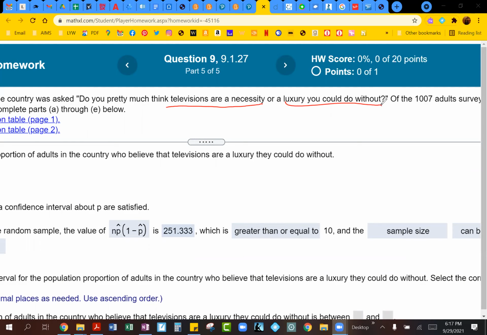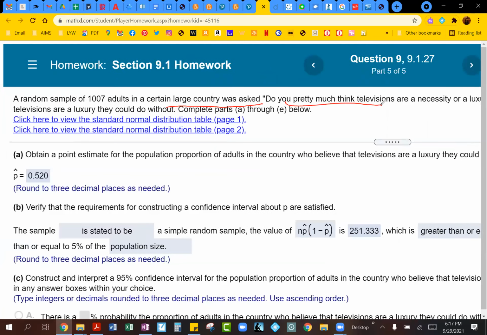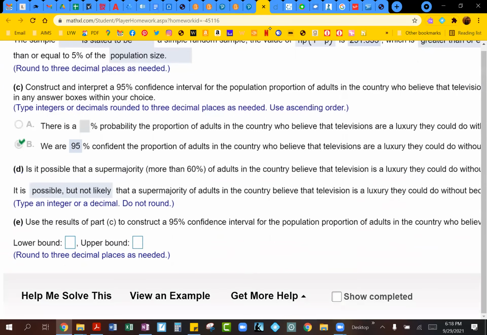And this group of people, the 524, basically said it's a luxury they can do without. So now they want to know how many people think that television is a necessity. So how can we come up with that confidence interval is basically what they're asking us for this part E